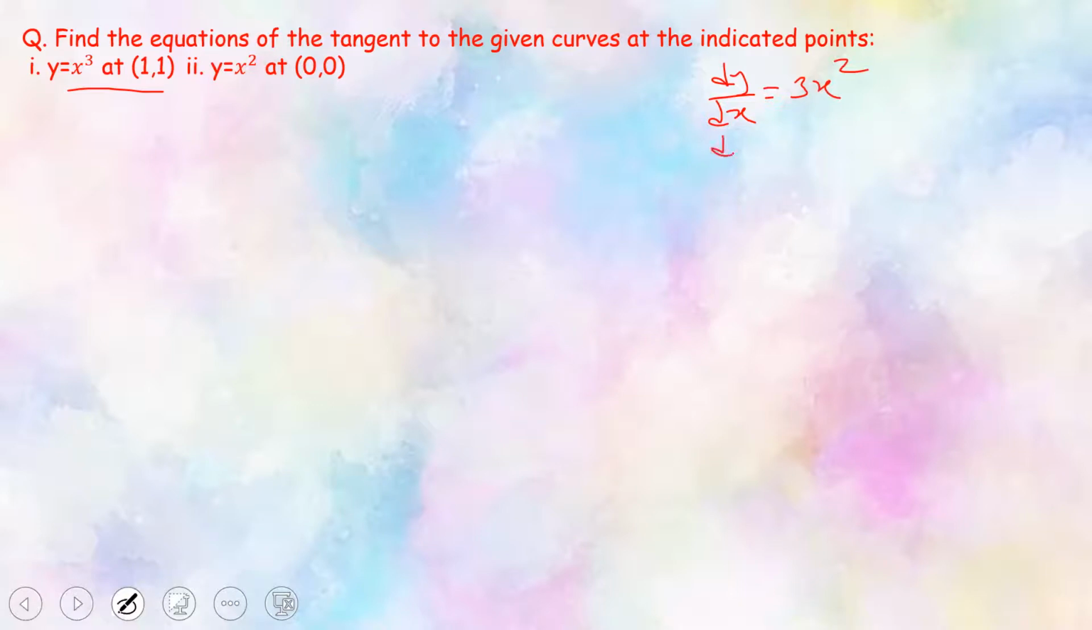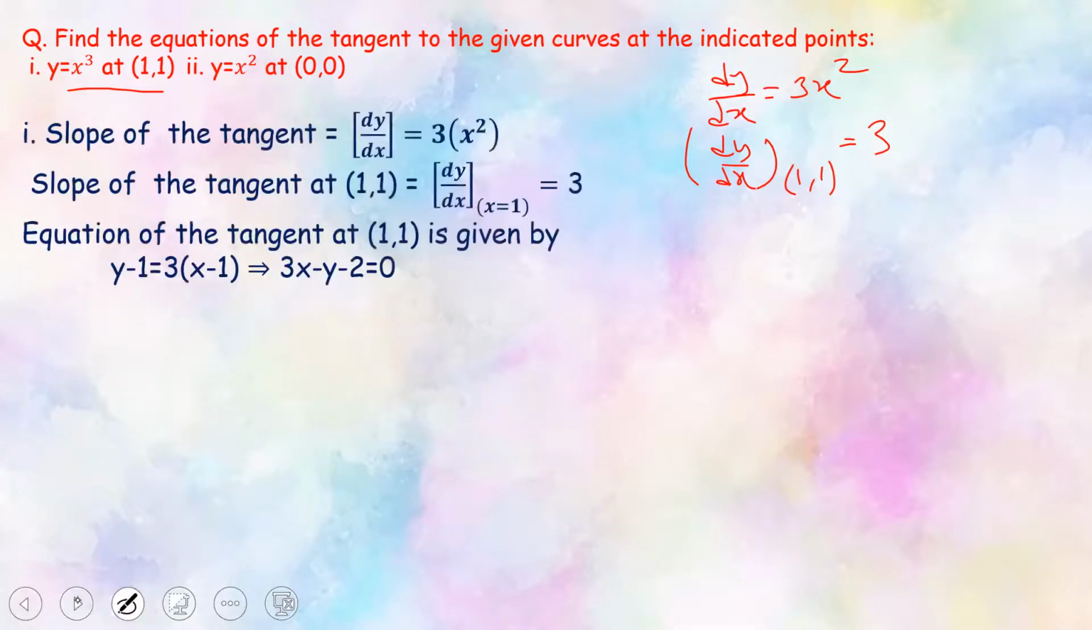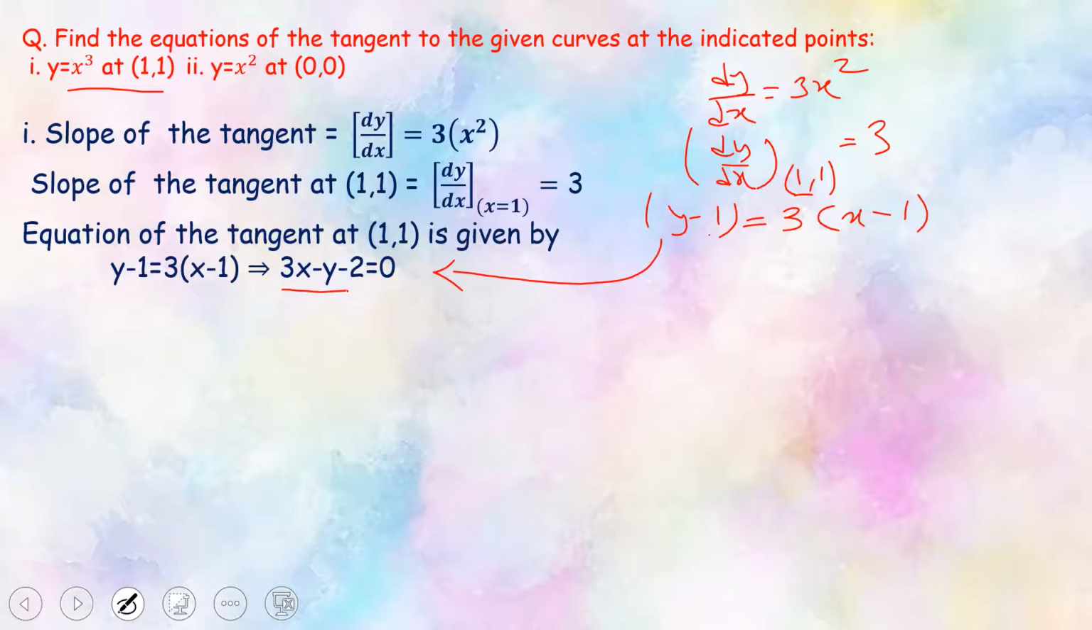So the slope is dy/dx at the point (1, 1). So the value is 3. So here is the slope. Then the equation is y minus y1, that is 1, is equal to the slope, that is 3, into x minus x1, that is again 1. So simplify it. You will find this equation 3x minus y minus 2 equals 0 is the equation of the